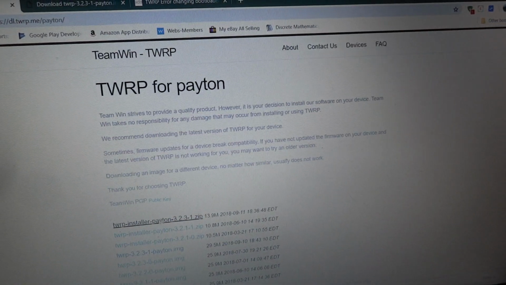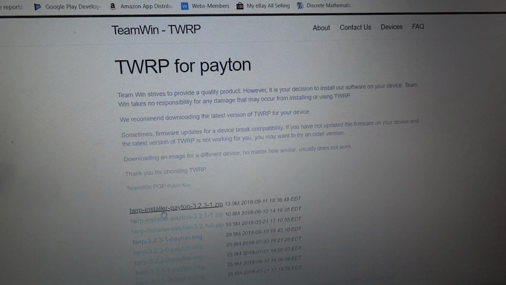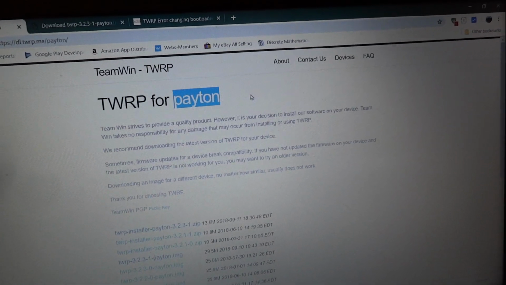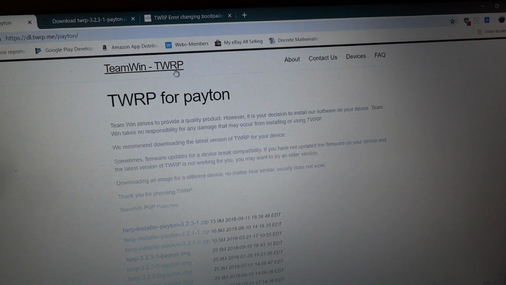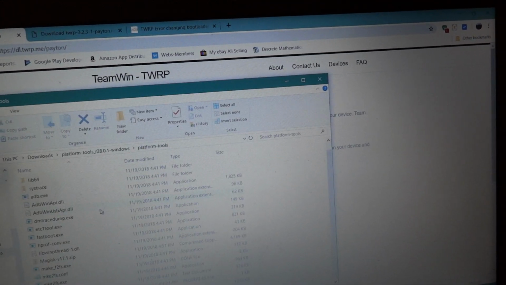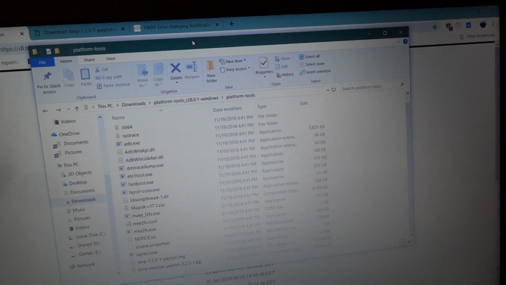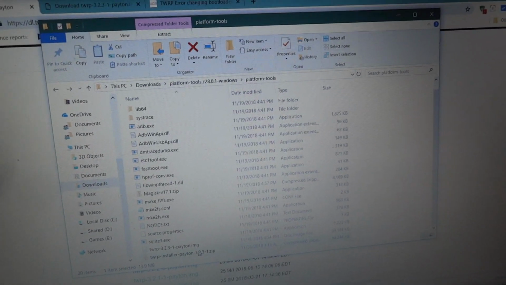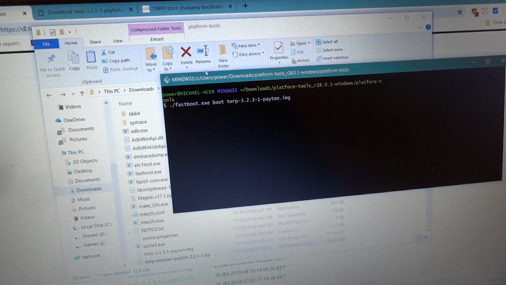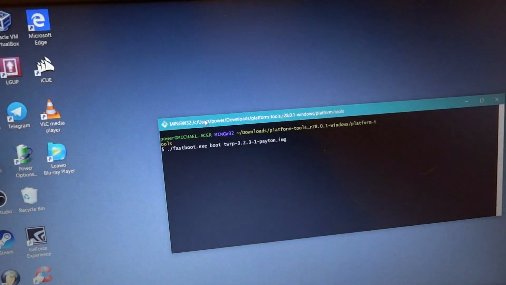And so what I did is download this TeamWin Recovery Project installer for Payton. That's the code name for the Moto X4, and this is on the official TeamWin Recovery Project website. In order to install it, I put it into the platform tools. You could just put it directly onto your phone and flash it in TeamWin Recovery Project. I put it into the platform tools, and then I ran ADB